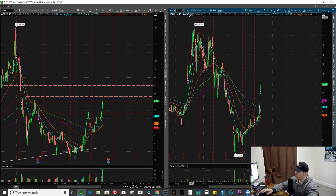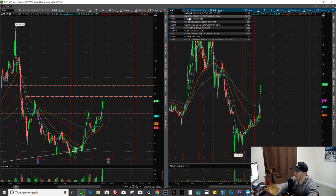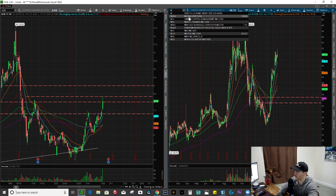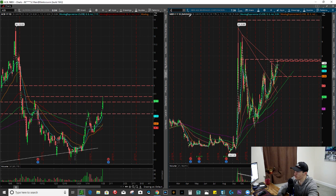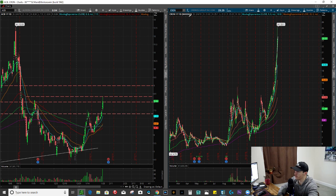Look at ACB. Now look at the one on the right, APHA. Now look at the one on the right, CGC. And look at the one on the right, NBEV. And then lastly, CRON. CRON is one that kind of stands out because it went through a massive move, okay? CRON is what we would call kind of the parabolic one, while on the flip side, ACB,